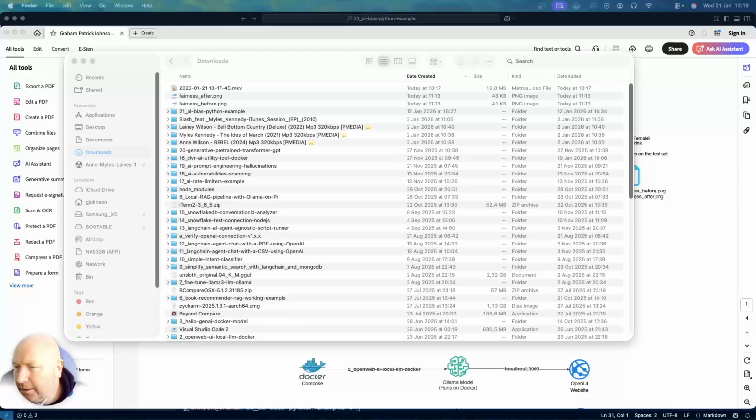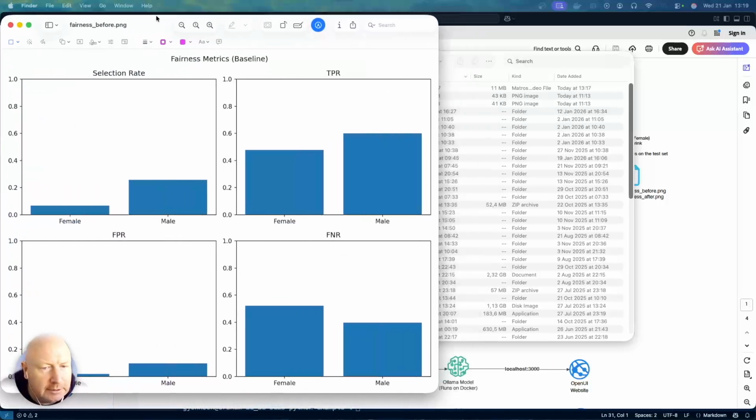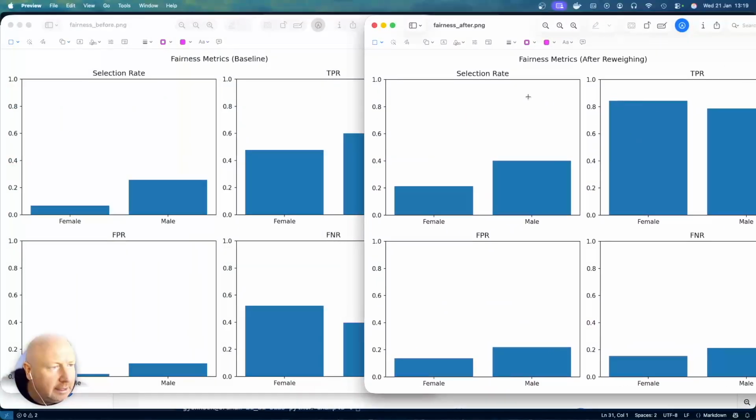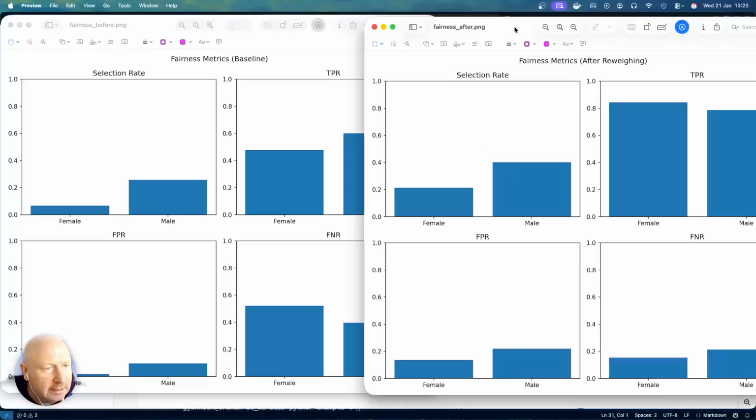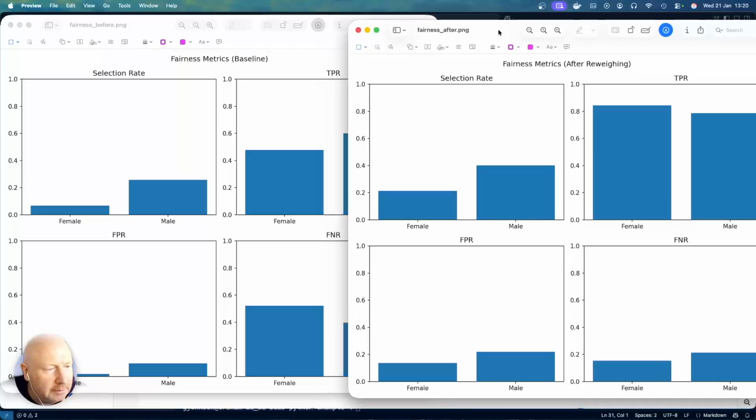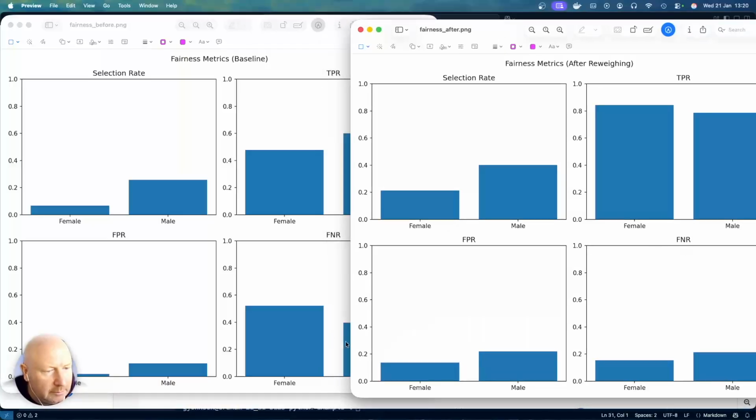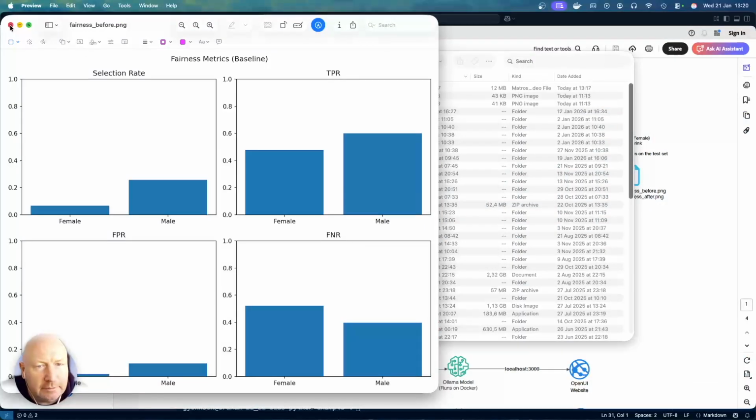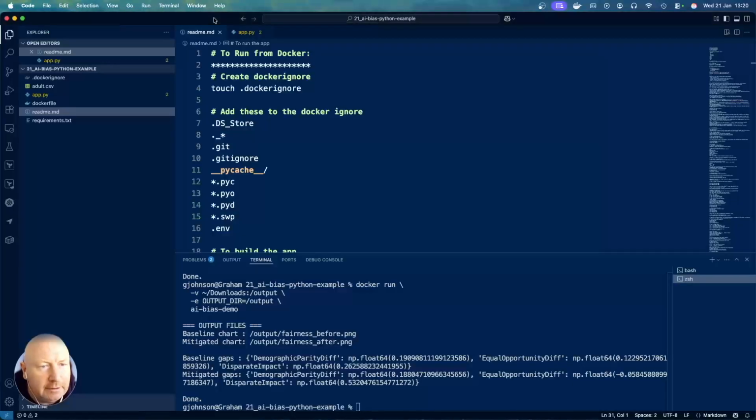You can see there's a chart here which talks about the fairness. And this is before there's any changes, and then there's the version after the reweighing of the results. So you can see here even the selection rate is on a much more even keel, and with the TPR and the FNR, they're much more balanced, and all of these charts are a lot more balanced. But we'll go through this now, and make sure that we understand what this fairness is about. So if you look at the application here,